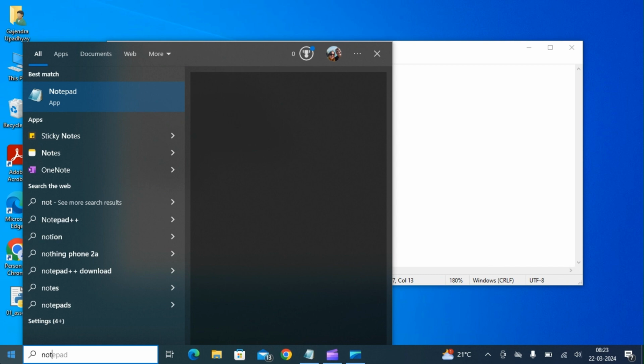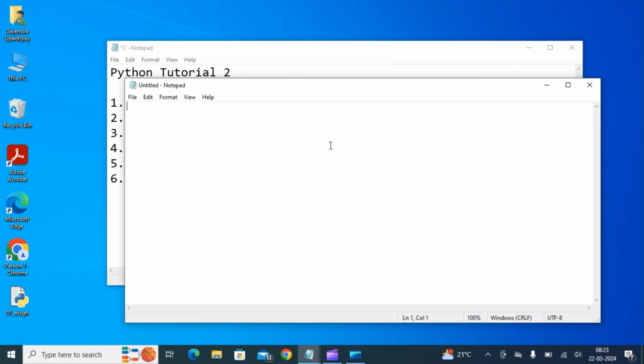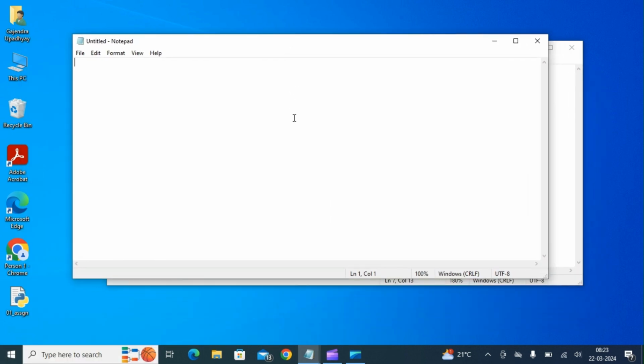So I'll open up a notebook and increase the font size. Now let's write the same thing. In the last program we did, my name is Anthony Gonzalez, and then print